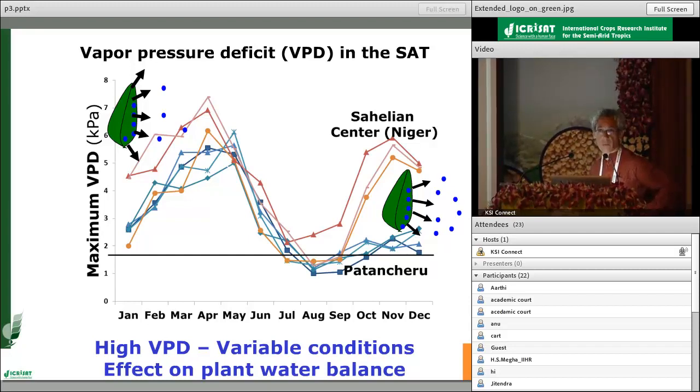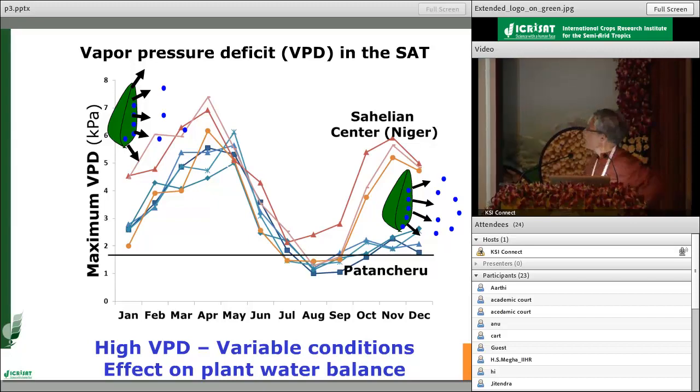What is a drought-tolerant plant? I put that in inverted commas because I think drought tolerance doesn't exist. It's really a matter of adapting to conditions. So a drought-tolerant plant for us is a plant that has enough water to fill up the grain, to make it to the finish line, but it's a plant that has also depleted all the water that was available to it, with the idea that we don't want to breed for bonsai, we want to maximize the water use. But it gives you an idea of the ceiling and the floor within which a crop has to